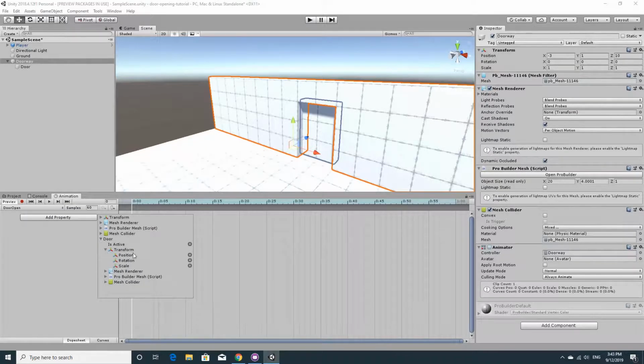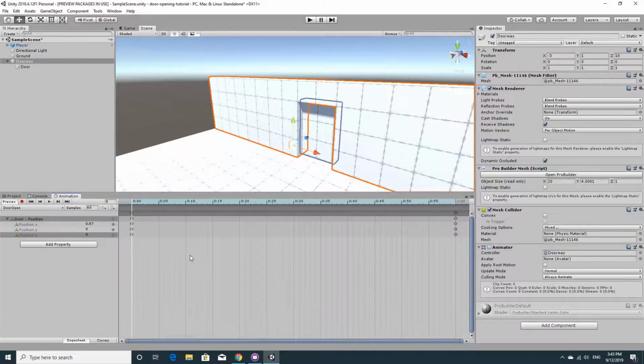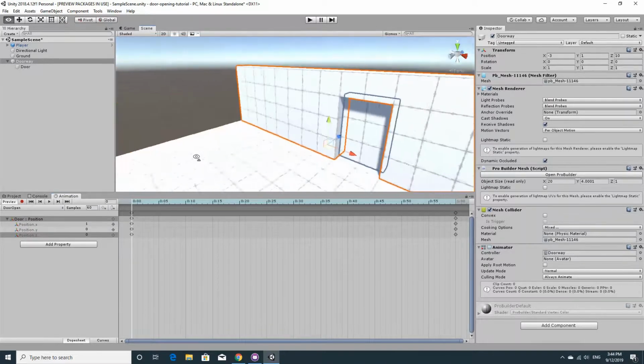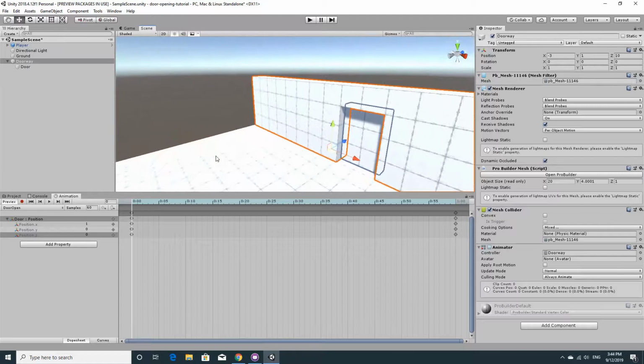So we're just going to say transform, and we're going to say position, and you can hit plus. This will give me, where the little white line was, a particular position, an X position for X, Y, and Z position for that door child object. So I think what I want to do is I'm pretty sure that should be 1, and that puts it in the middle. That should put it in the middle, and I'll move the white line forward again,